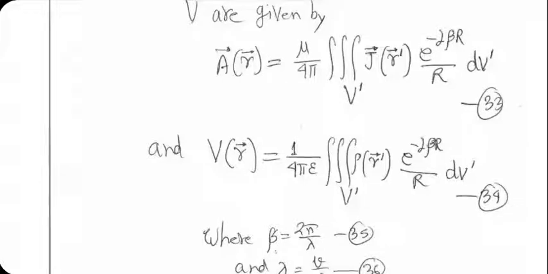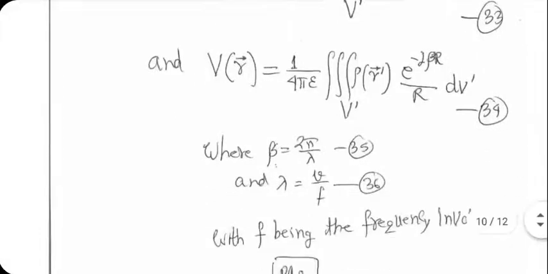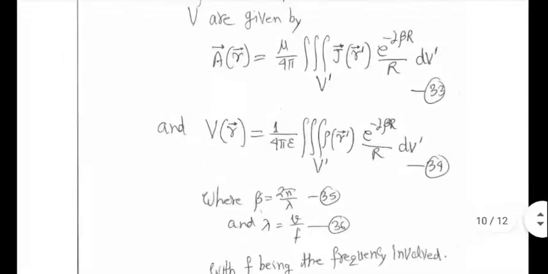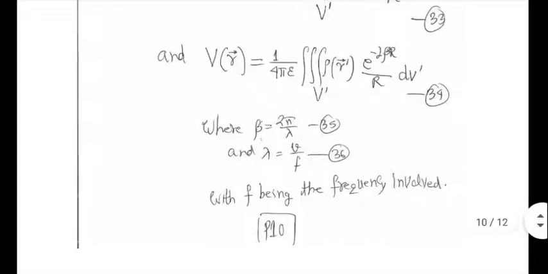I prefer to work with only A and then jump to Maxwell's equations to figure out E. From A, I go to H, and from there I use one of the Maxwell's equations to figure out E. That's my method, and the book also does it most of the time. So these are the formulas, please be aware of them. I'll be reproducing them as and when necessary.